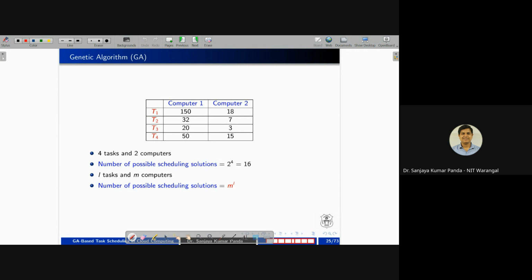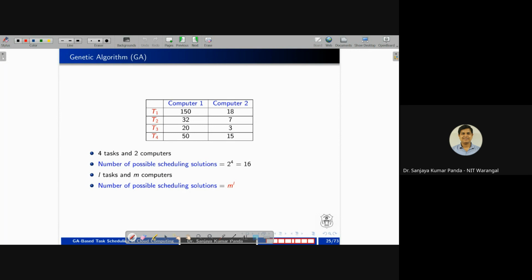So you have four tasks and you have two computers, right? And these two computers' configurations are different. Their configuration is not the same. Maybe computer one is more powerful than computer two, or computer two is more powerful than computer one. So for example, if you take this example, if you want to execute T1 on computer 1, then it is